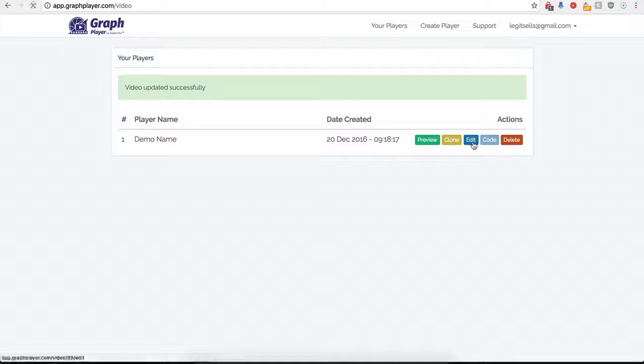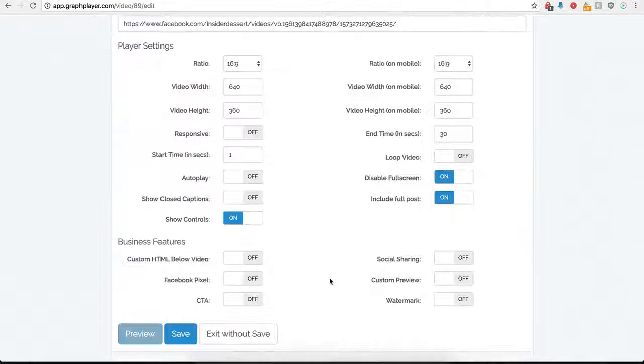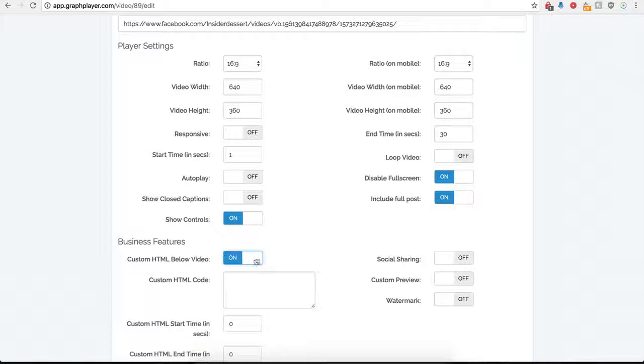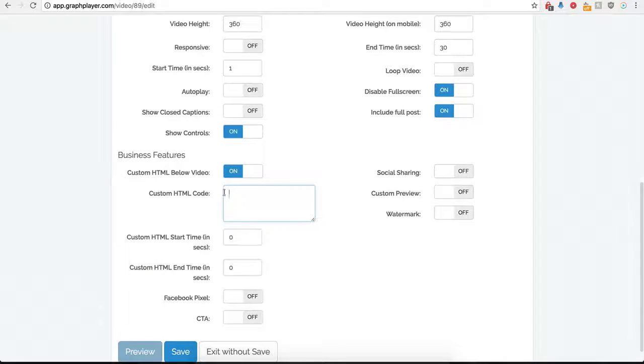Some additional options that we have here, if we scroll to the bottom, is that we have some business features to really spice up the player. The first one here is custom HTML below the video. If I turn this on, we are going to have this custom HTML box that we can use to include anything below our video. We can include text, images, buy now buttons, full sales pages, pretty much anything that you can think of. And we can also choose when to have that HTML block appear and when to have it